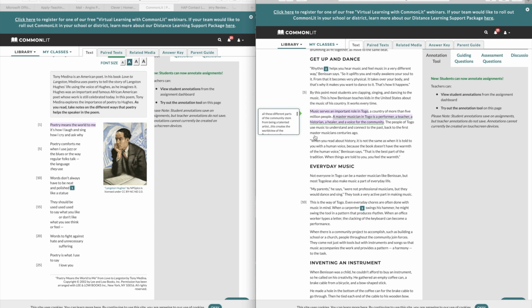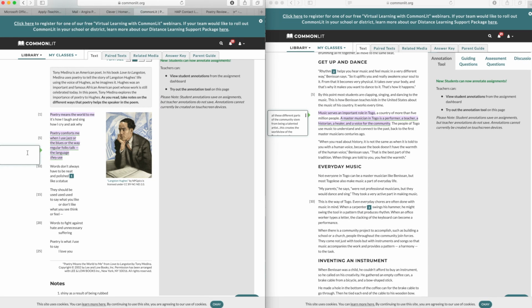All right, so I found one example of how it could be considered the world. Let's go back and see what the poet says about art and how it helps him express himself. "Poetry comforts me when I use jazz or the blues or the way regular folk talk." So right here, he's talking about, and I'm going to make an annotation, art. He's saying how poetry and music are similar